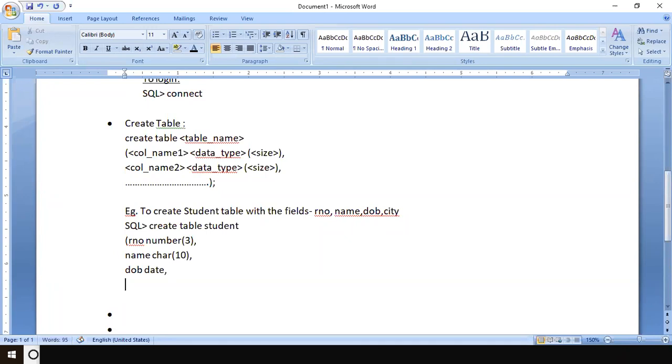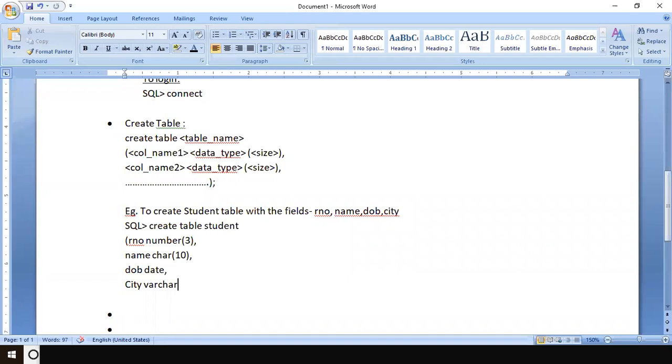And the last one, the last column, city. For city, you may use character again, but there is one more similar. Even a string data type is there, of course. But normally I'm used to char and varchar. So you're free to use any other data types. I will share the notes with you later. Right now we'll use char and varchar because these are popularly used.